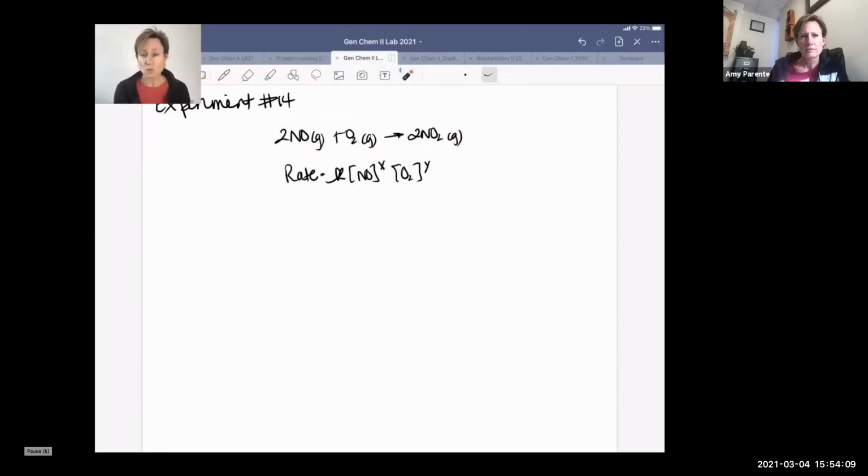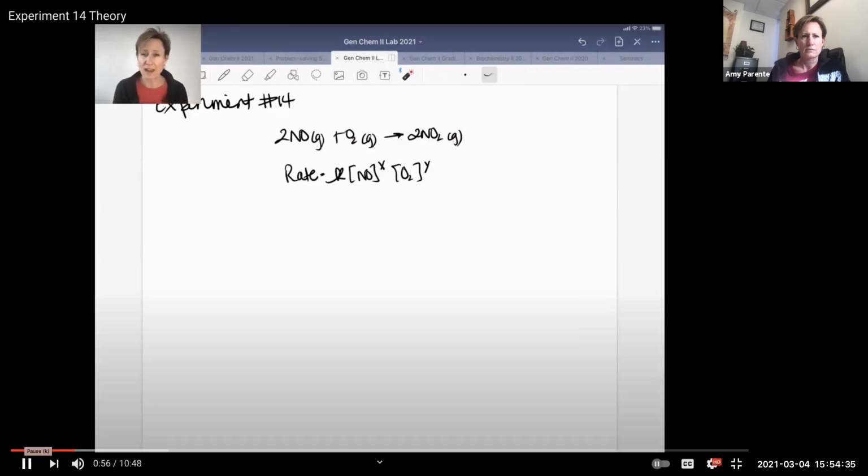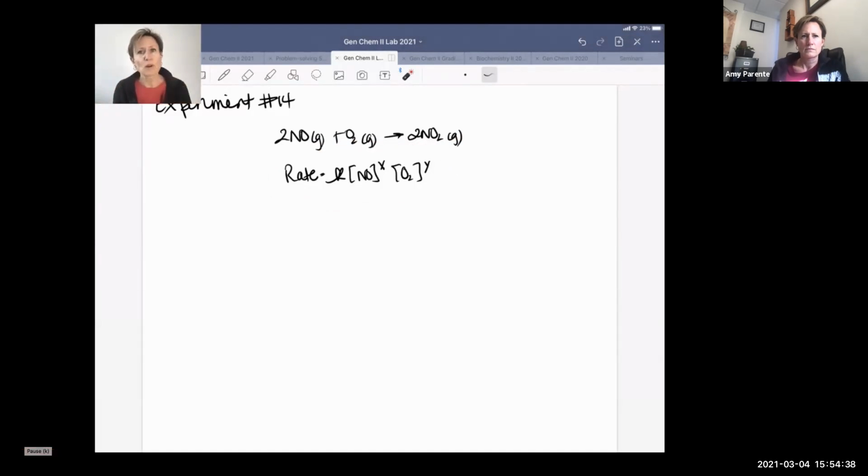And with any chemical equation, we can write a generic rate law by saying rate equals rate constant times the concentration of each reactant raised to powers that are reaction orders. And again, we cannot use a chemical equation to directly provide those reaction orders. We need to use experimental data. So again, to contrast what you did in experiment 13, we did the method of initial rates as a mechanism for determining reaction orders. In this lab, we're going to provide you data where you will be able to use Microsoft Excel and an analysis of that data in a different way than we use the method of initial rates